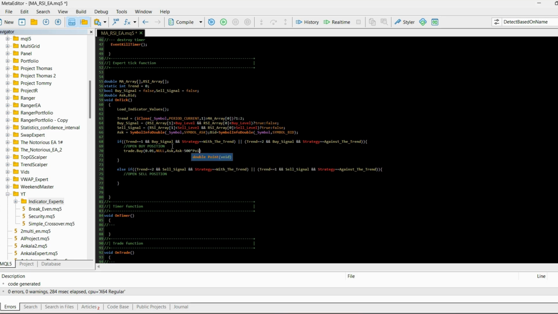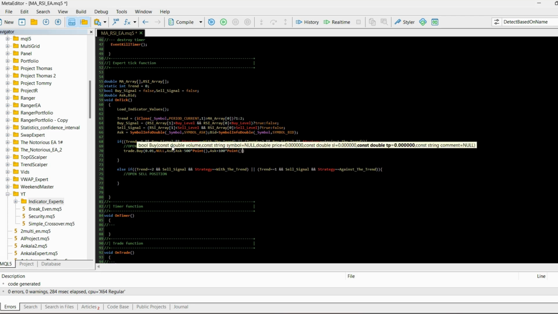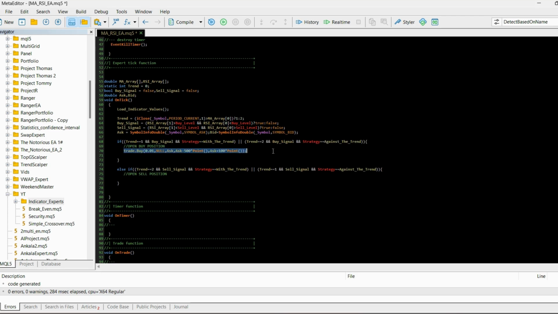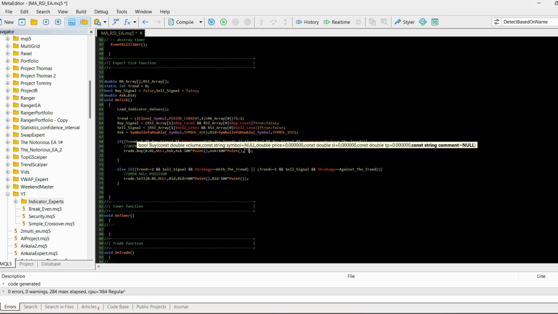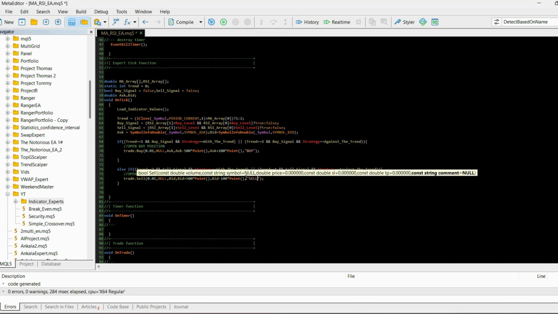So minus 500 points, for example, plus 100 points. Let's go with this, and now I will copy this here and open the sell position, which is almost the same. So bid plus, bid minus, and I'll just also add a comment, say buy, and the comment sell. Okay,